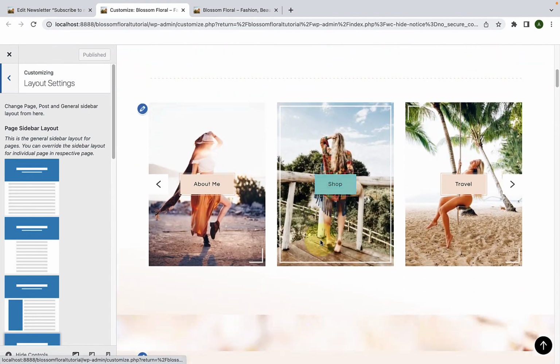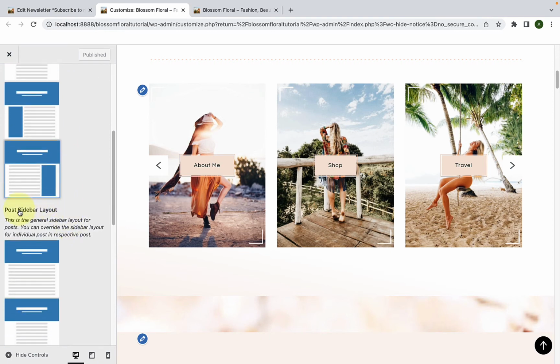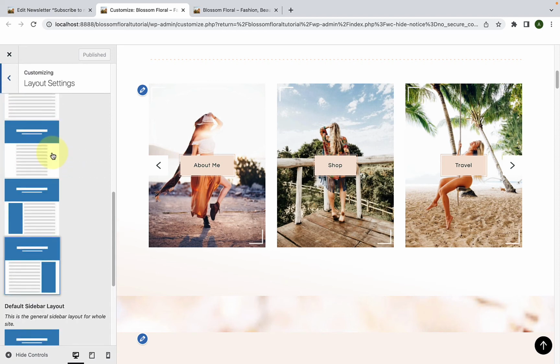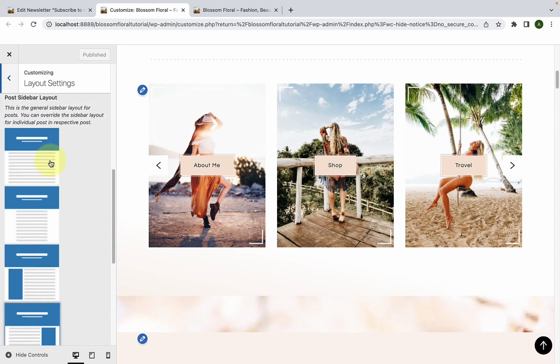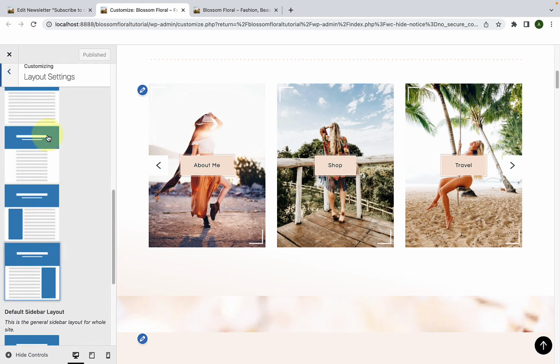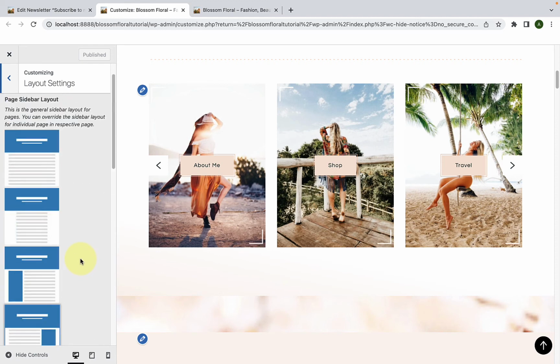Let's scroll down. Under layout settings, you will find three options: the page sidebar layout, the post sidebar layout, and the default sidebar layout. The concept for all three sidebar layouts are the same, especially for the page sidebar layout and the post sidebar layout. They are exactly the same. In this video, I will explain the post sidebar layout settings, and following the same concept, you can also configure